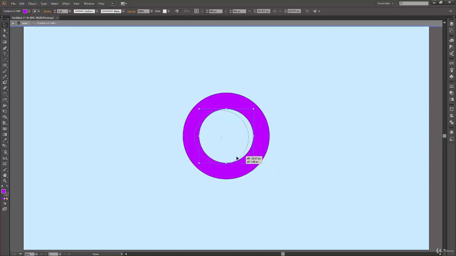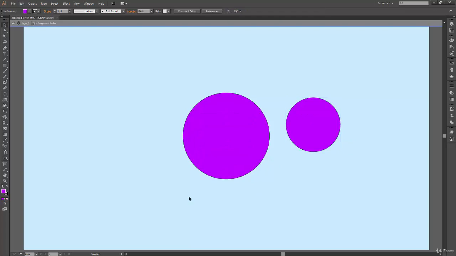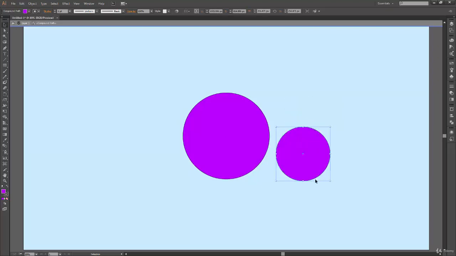But so far, what we have seen is what result we get if I move this circle inside the bigger circle. Let's try moving this circle outside our bigger circle. So I will just click and drag this inner circle outside my bigger circle. Once I do that, you can see that I have both of these shapes independently now. You can do that, but that doesn't make much sense. You can just have two separate objects.